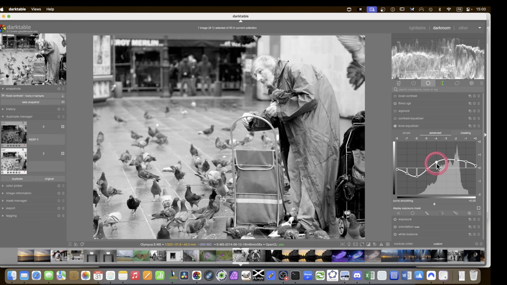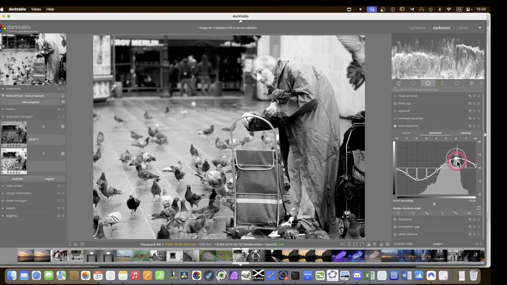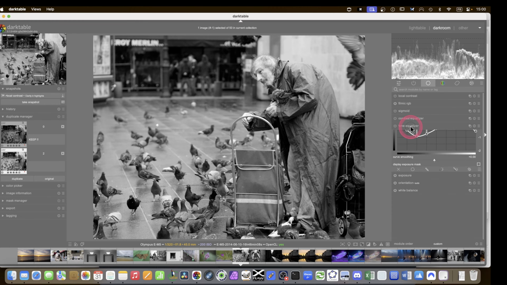There we are. Well, maybe the other way, kind of get an S curve for the contrast. Not too pleasing. That's not what I was going for. But those are the tools anyway, just to show you quickly what is possible. So to recap, all I have done is use color equalizer and Filmic. And now